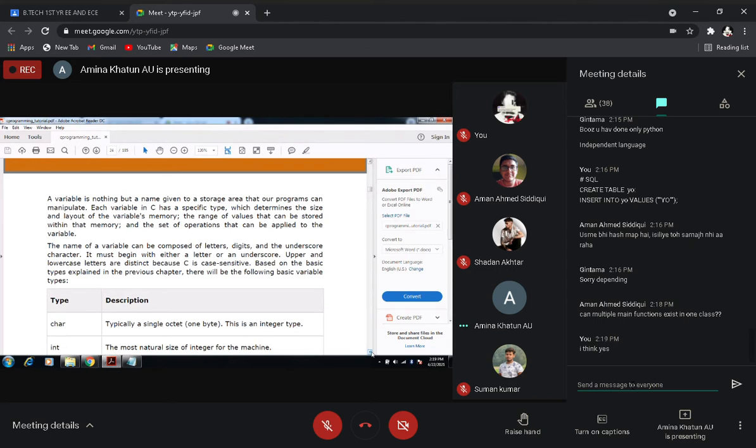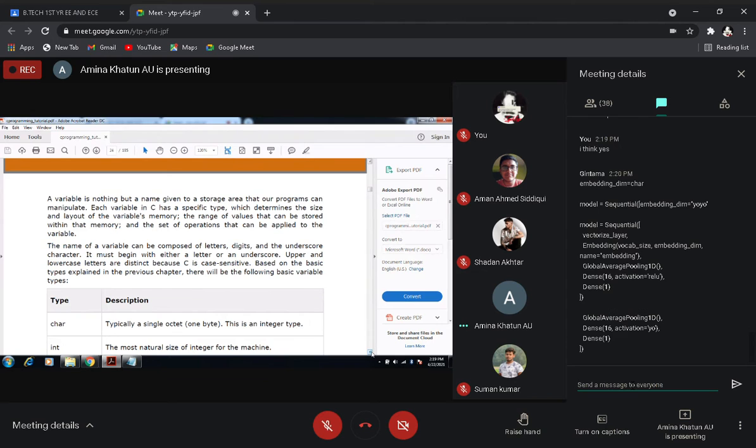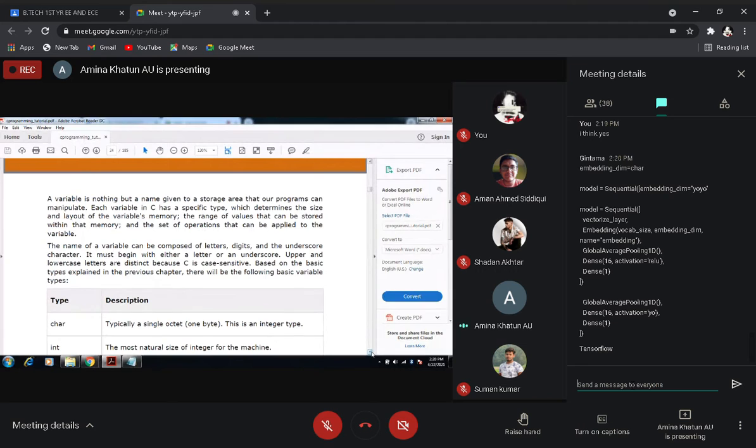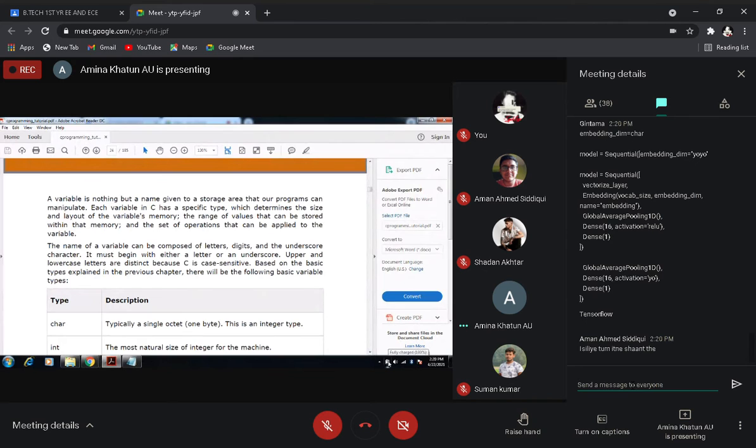In C language, you will see different types of variables, and depending upon the variable type, it creates different types of memory area where we can store the value of that variable.